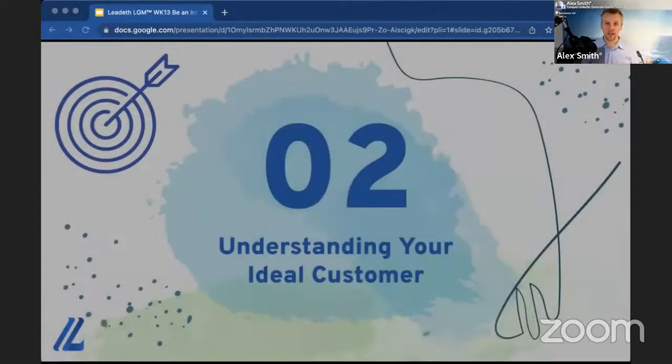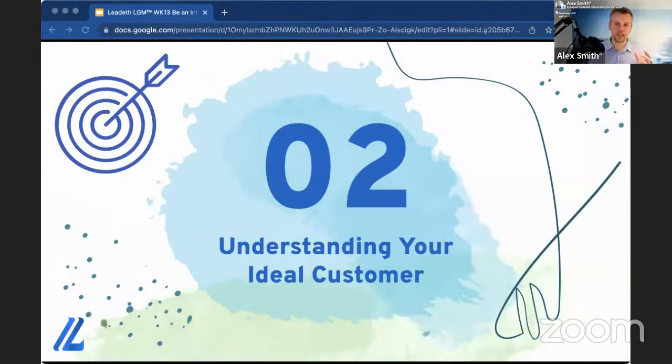So before we start connecting with potential prospects on LinkedIn, it's important to take some time and understand the ideal prospect or the ideal customer, ICP, some people refer to it as. Some people refer to them also as avatars, or there's another word that people have been using lately, which I came across, called persona. So, these are just describing a group or segment of your audience who you want to be connecting with.